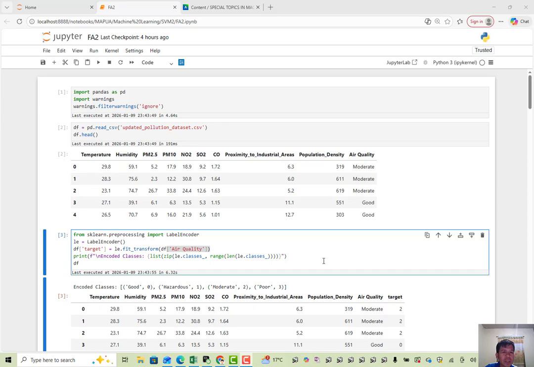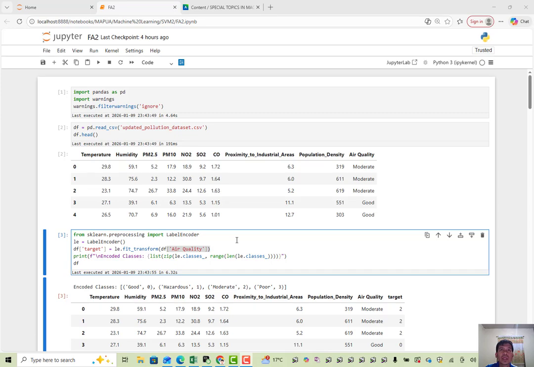For the next part, I labeled the possible target. I used the label encoder to convert text to numerical data. First, I created a label encoder object, then I converted the air quality categories into numeric form.